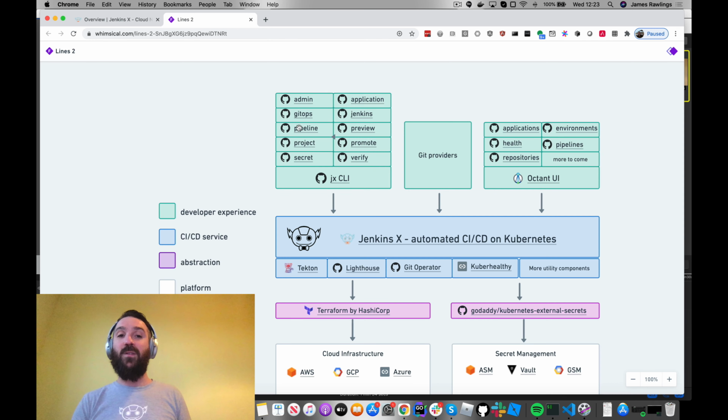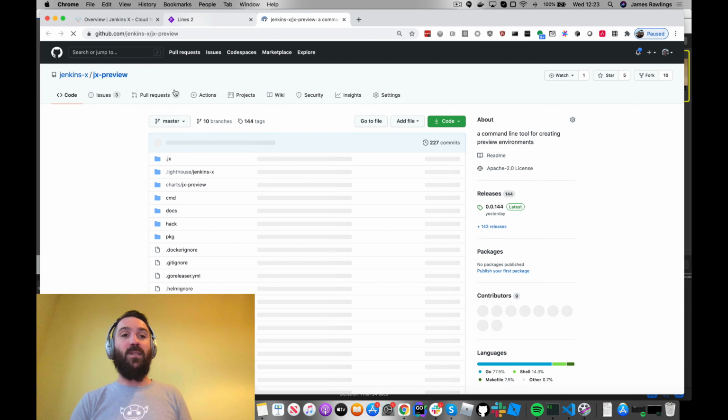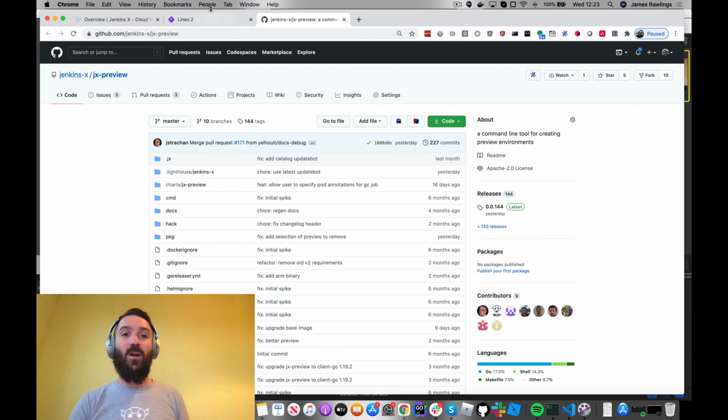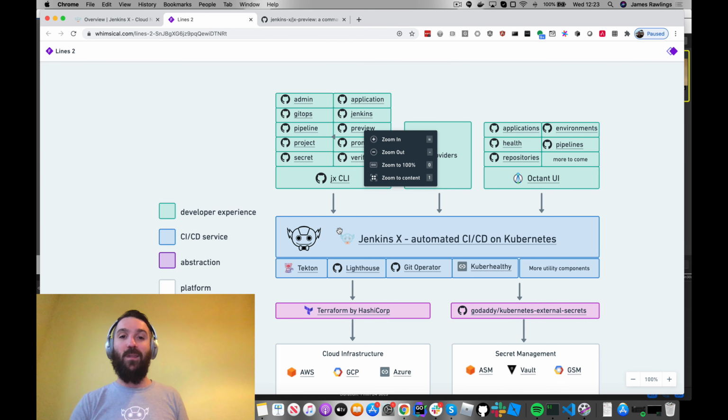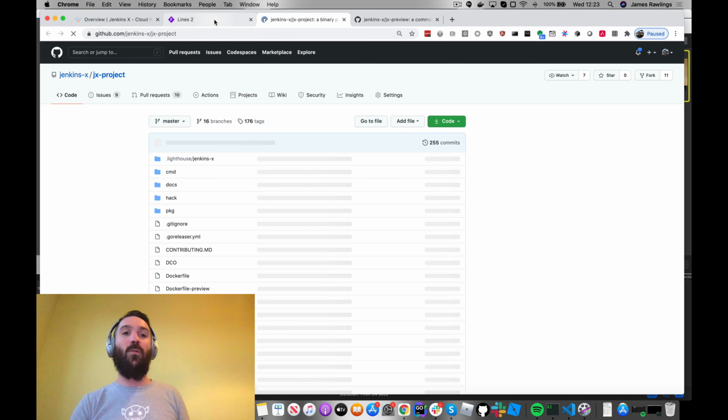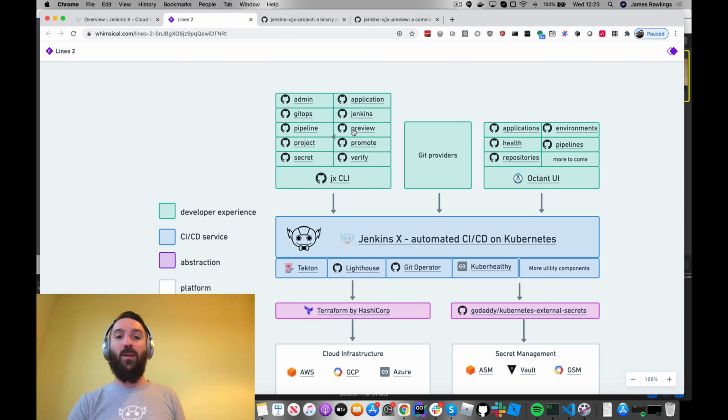But each different plugin has a clear responsibility. For example, we've got previews. This is for creating preview environments, and again, it's a lot easier to maintain these repos. Again, similar for project as well. All of these are different plugin, microservice-style repos. Now, of course, then the developer experience: more and more developers are getting familiar with working with, say,